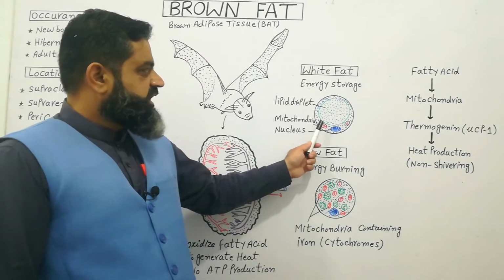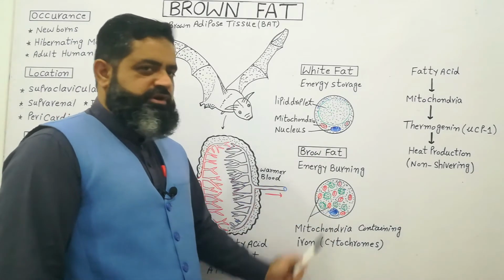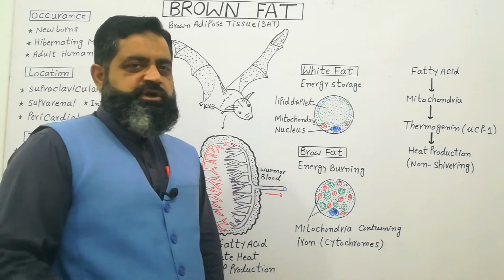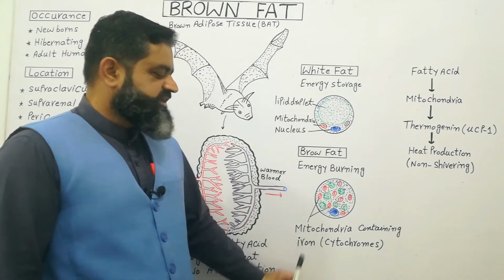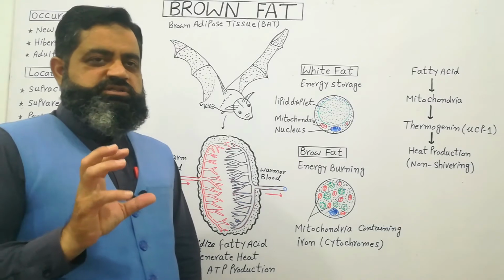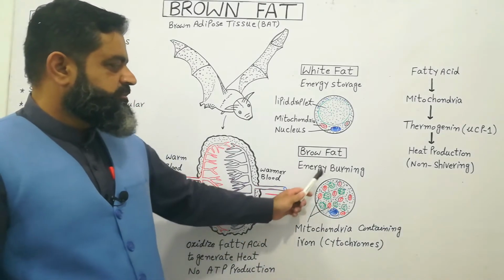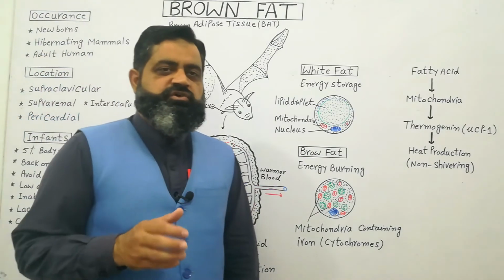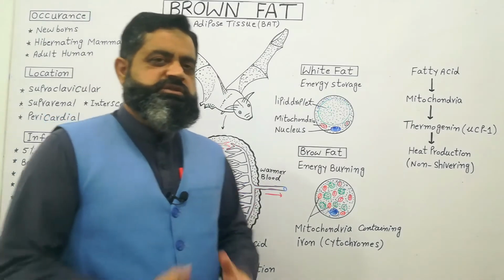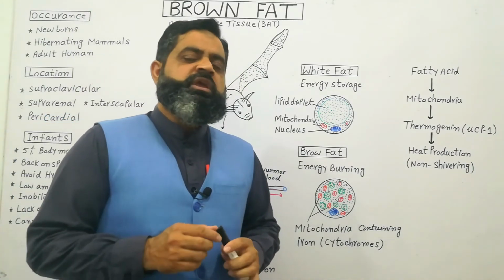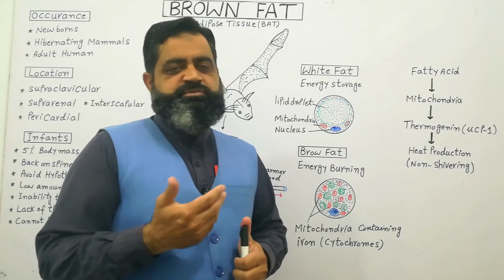White fat has only a few mitochondria, but brown fat has many mitochondria, and these are special mitochondria because they contain more iron pigment, cytochrome, which is why their color is brownish. So this fat is used for burning energy, producing energy for keeping the body warm. What is the mechanism? The mechanism is the same as the respiration process you know, in which glycolysis takes place, then the Krebs cycle runs, and then the respiratory chain.